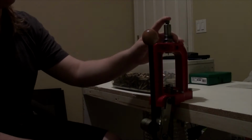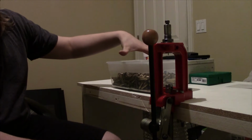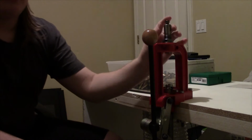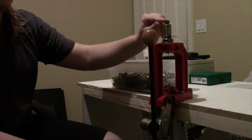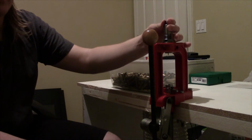Guys, so I've got my Lee Universal Depriming die set up here, and I'm going to run through this tub of brass, which is about 500 casings minus what I've already done to set up the die. But before I get into that, one thing I forgot to mention in the unboxing of this die is quite a neat feature that actually made me go with this one over all of the other options, which is that the pin itself that pops out the primer is only held in by a bushing as opposed to actually being